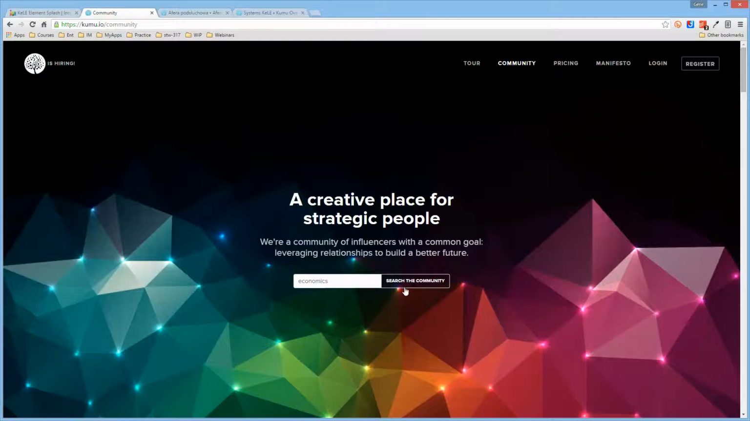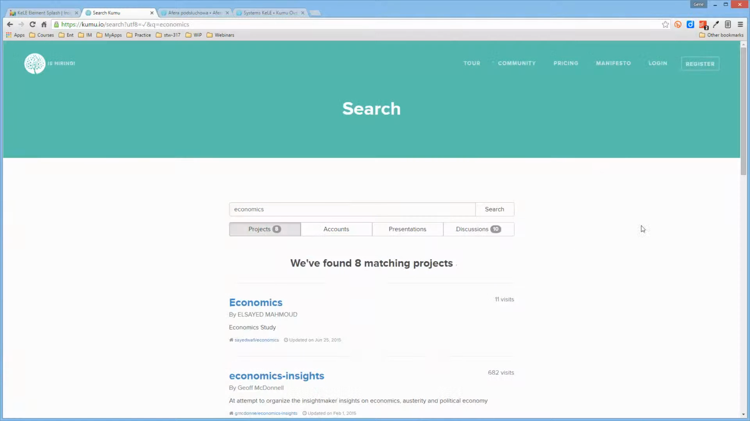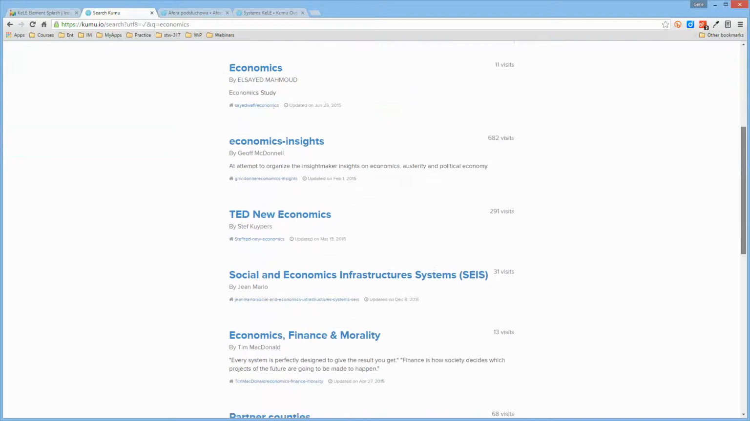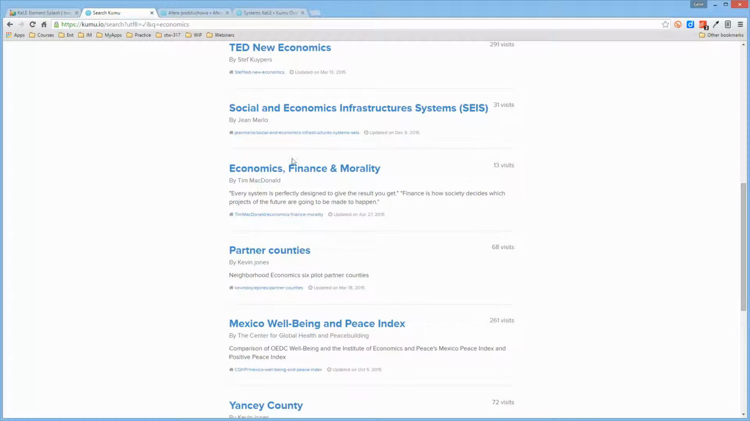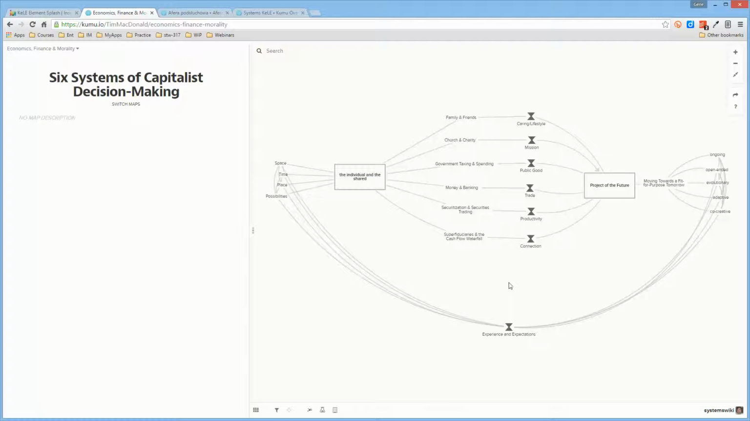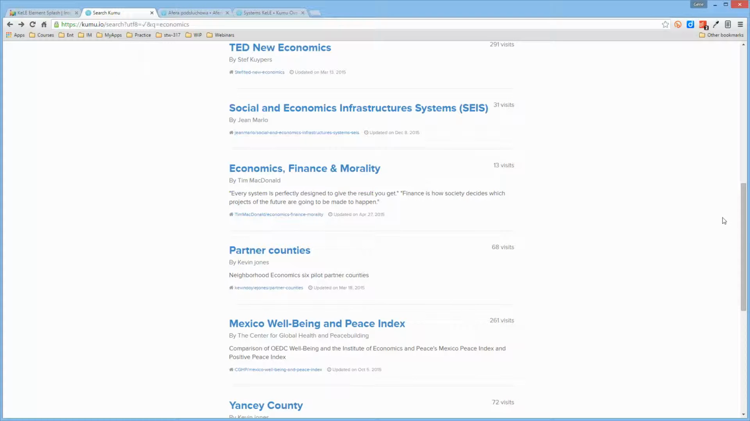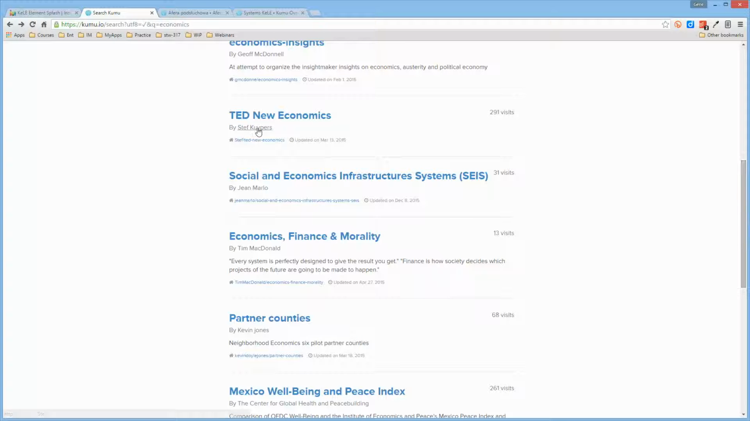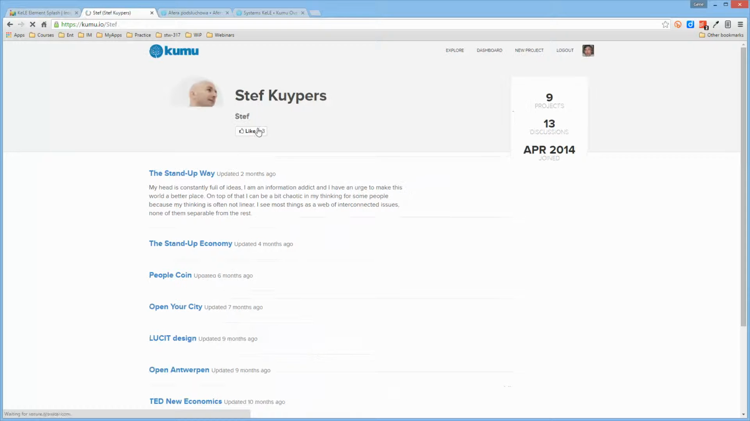And so if you search for, say, economics, it shows you that there are 8 projects and 10 discussions. So you can scroll through and look at any of these, like Economics Finance by Tim McDonald. You never quite know what you're going to find, but wander around and look at things that seem interesting and see how it turns out. You also have the option of looking at the person who actually created that, and you can look at the list of all of their public